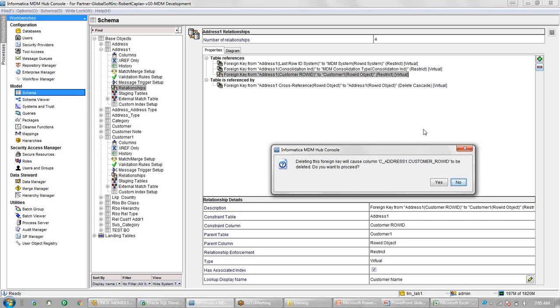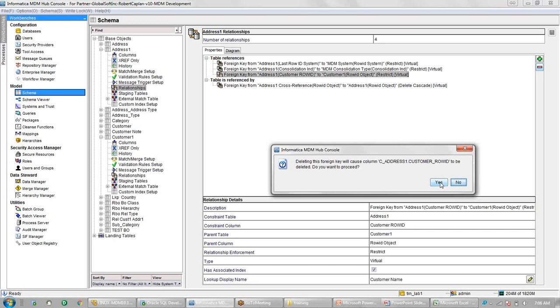Instead of mapping it with the customer, I mapped it with the category table by mistake. So I go and delete this relationship. Here you see, if I delete this, it will also delete the column. So you have to take care: in case we have mapped it wrongly and you want to delete the relationship, it will also drop your column. So you will have to recreate this column.